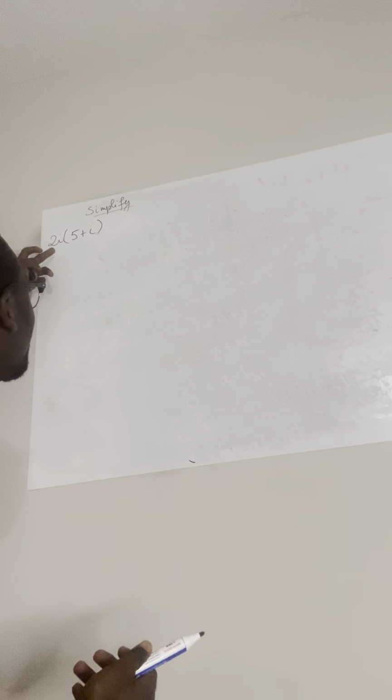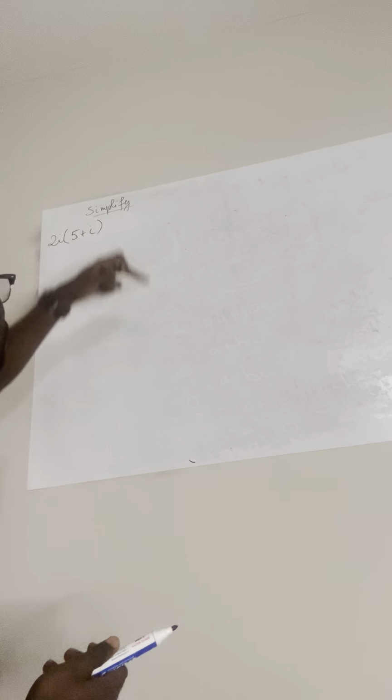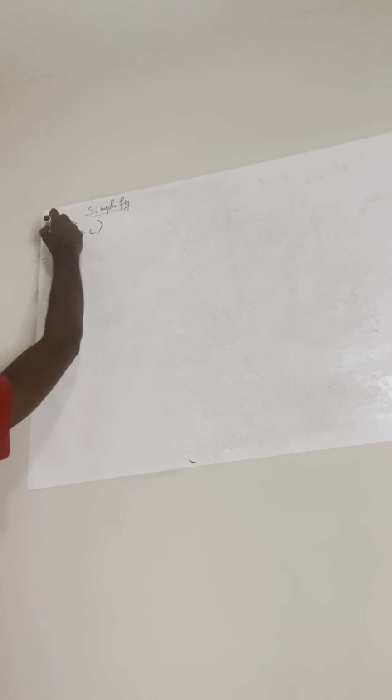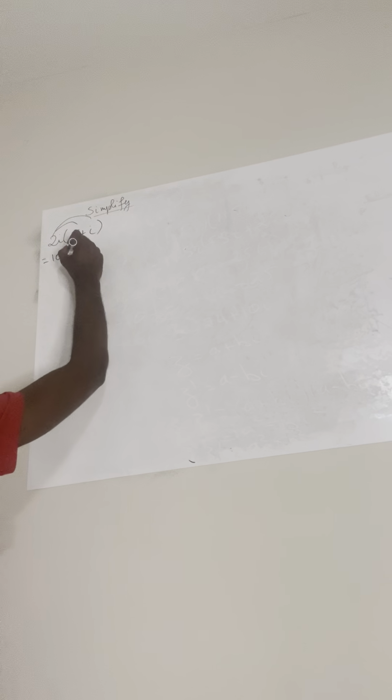Here, this is a distribution. Remember, distribute is another way to say sharing. In this case, we want to share this 2i with all the terms in the parentheses, which is 2i times 5 becomes 10i, then 2i times i becomes